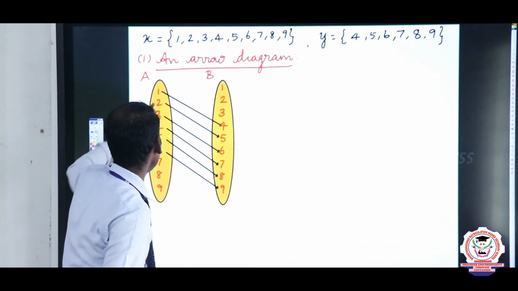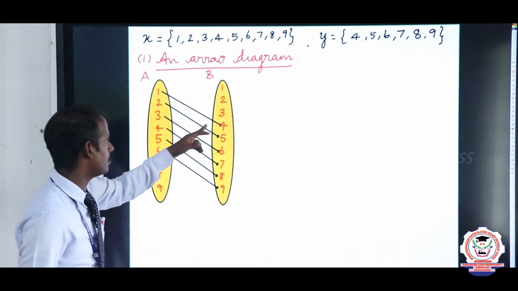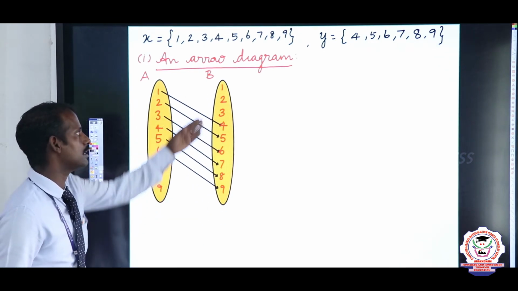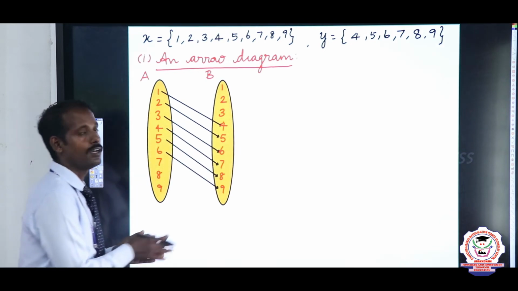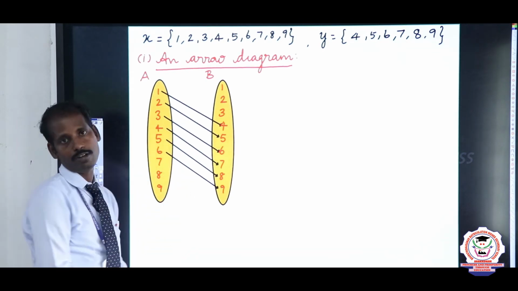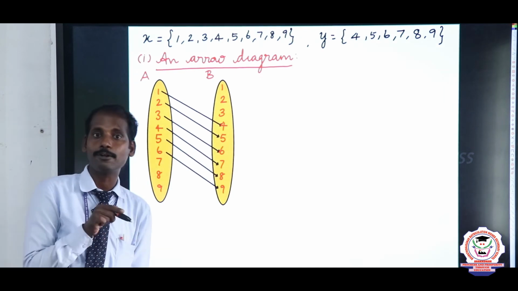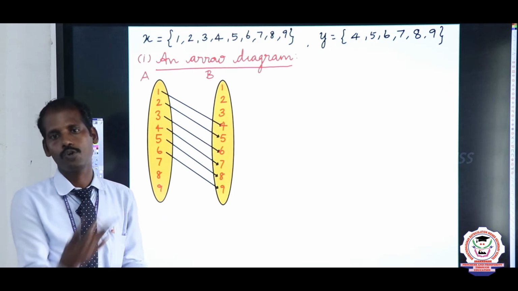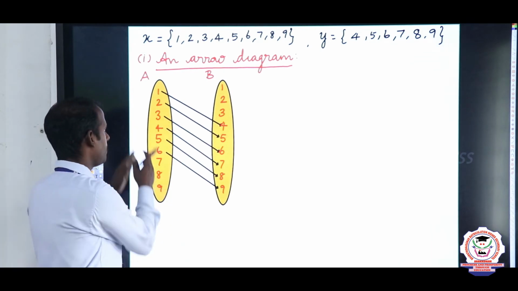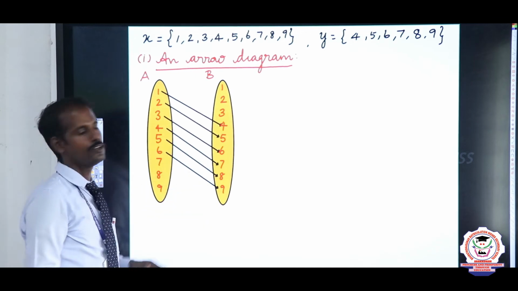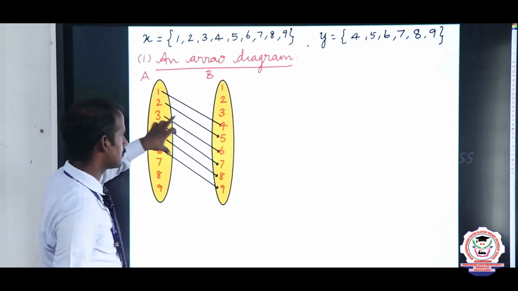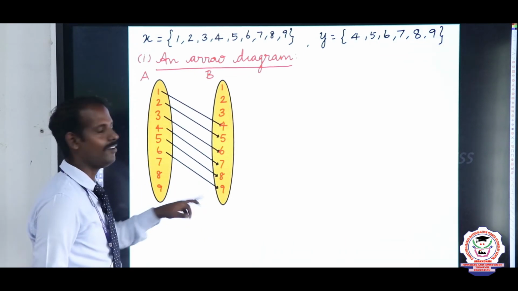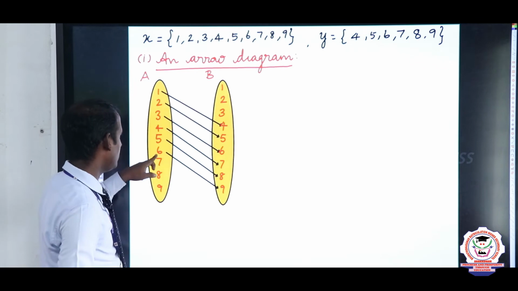The domain is 1, 2, 3, 4 up to 6. Then codomain is 1, 2, 3, 4, 5, 6, 7, 8, 9. So all the elements include 1, 2, 3, 4. In this case, codomain is not relate means also codomain, but domain must be relate to set B. That is called domain. So what is the difference between the domain and codomain? So domain, so every elements relate must be in the set B. So here 1, 2 up to 6, these numbers only relate 4, 5, 6, 7, 8, 9 respectively. So this called range, this called domain.